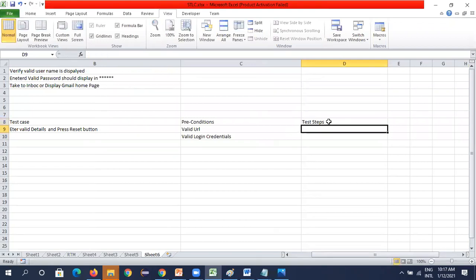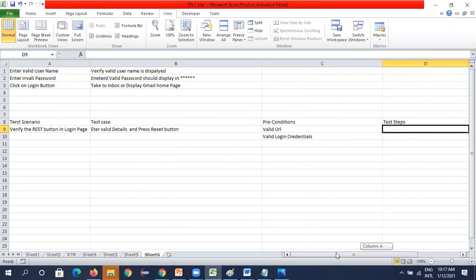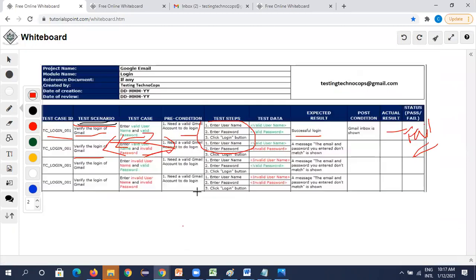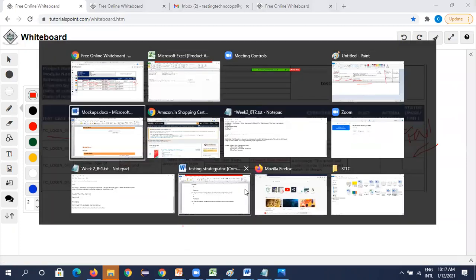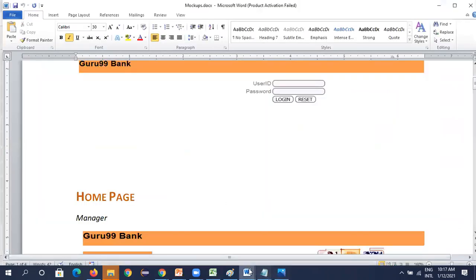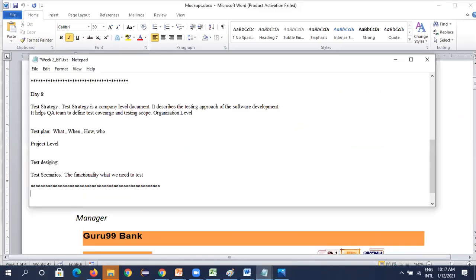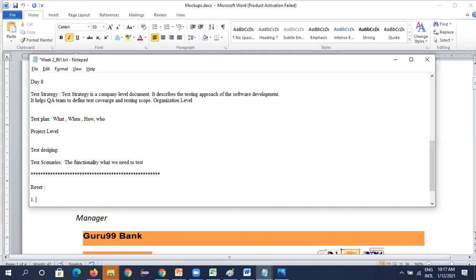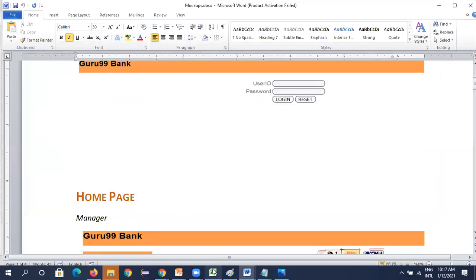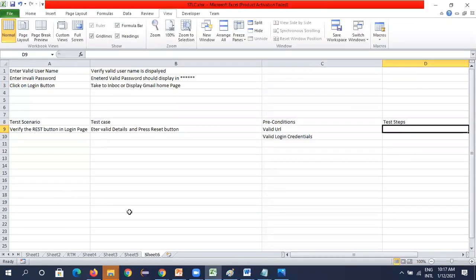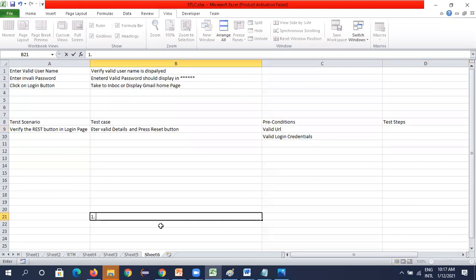How can we do this one? See, how many methods are there to do this reset button? Roughly, can anyone say? Valid user ID and valid password, that will be one test case.